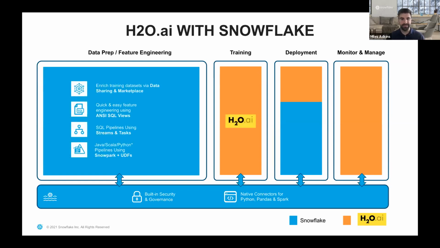And so when it comes to data prep, there's nothing stopping you from doing data prep, feature engineering inside of Snowflake. We just came out with what we're calling Snowpark and Java UDFs, where instead of having to write a bunch of nuanced code in SQL, and it can get pretty complicated when you think about nesting different queries together, we've given you the ability to program in your language of choice. Right now we have Scala and Java available, where you can type in those languages and we'll convert your code into SQL,